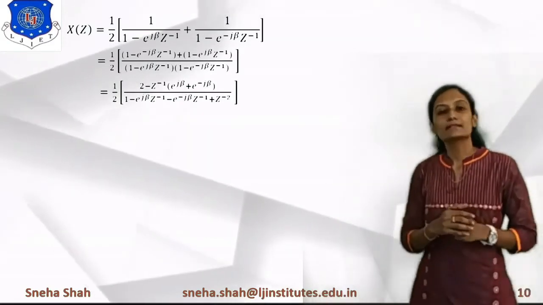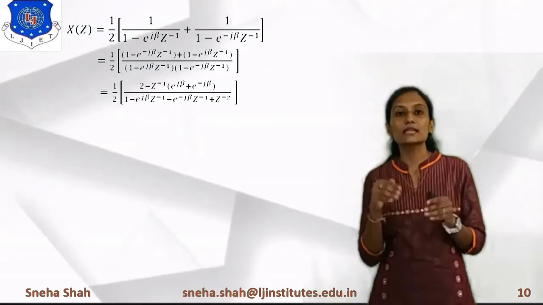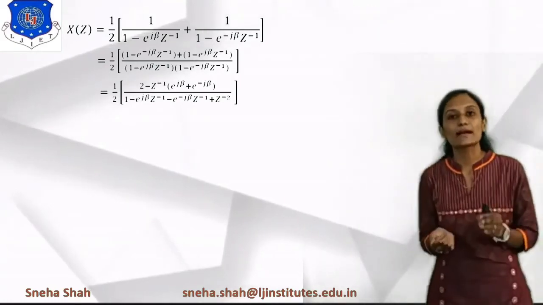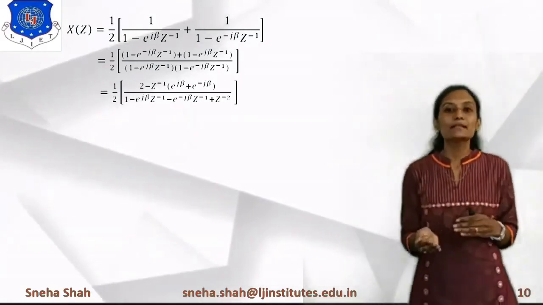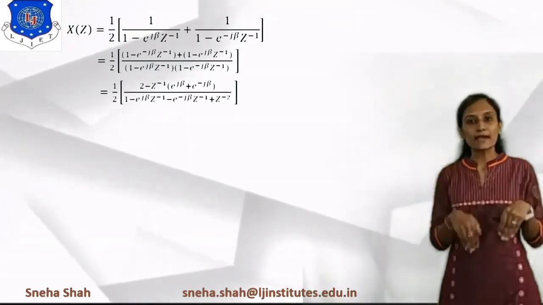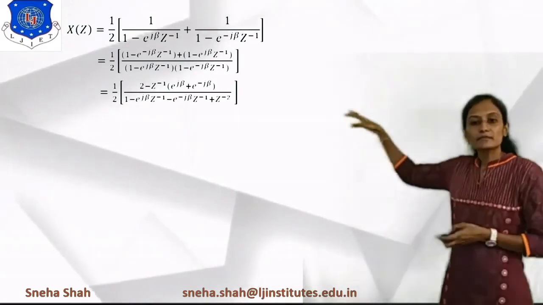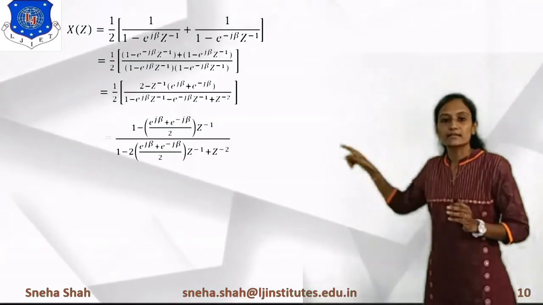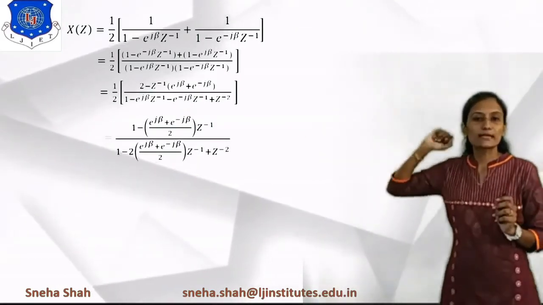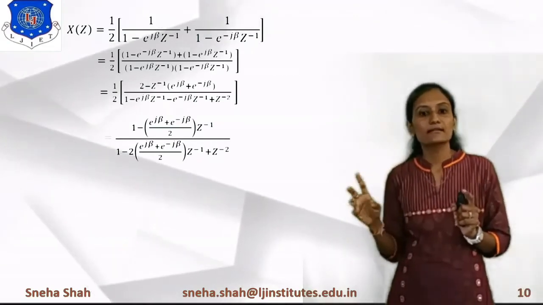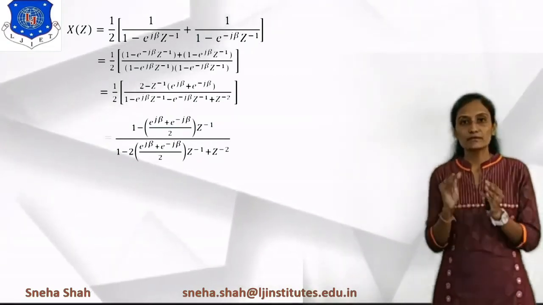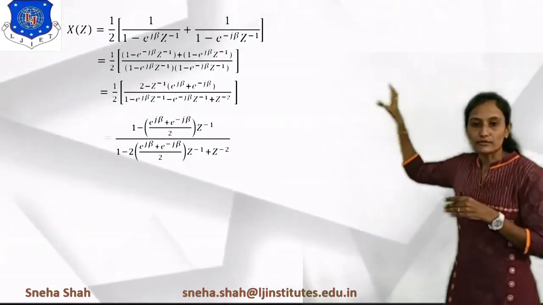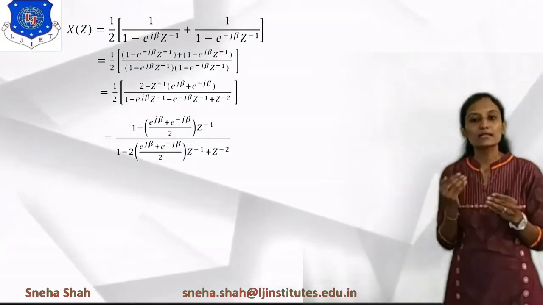Now over here we are applying the next rule, which is: if we take e raised to j theta plus e raised to minus j theta divided by 2, then its value equals cos theta. Because the example is given in the form of cos, we are converting back in terms of the cos formula. So I am converting this term in the form of cos. If I take its formula, then you can see that this 1 by 2 is given to the numerator. So 2 divided by 2 means 1, minus the second part, which converts in terms of z inverse times e raised to j theta plus e raised to minus j theta divided by 2. So this formula will convert in terms of cos theta. Similarly, we will do it for the